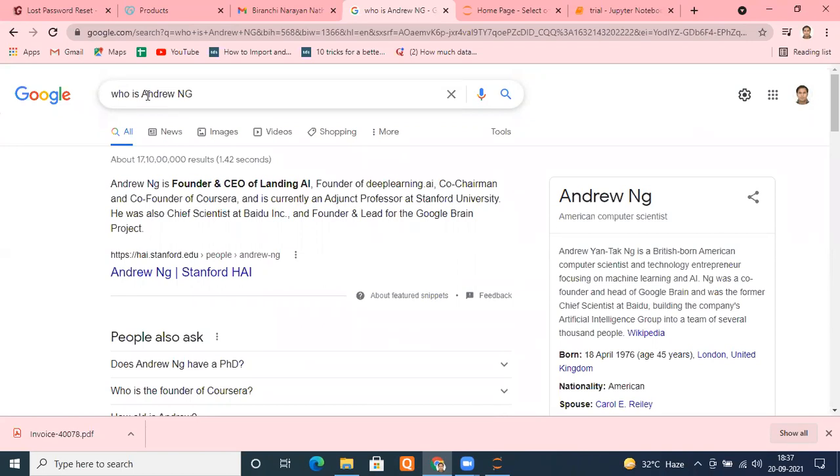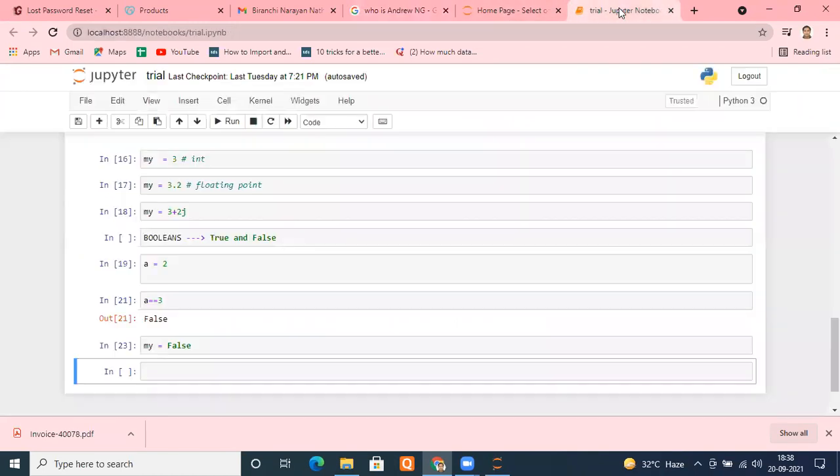Suppose I'm using Twitter sentiment analysis. Twitter regularly checks what kind of text you are writing there, whether you are writing in English, German or Hindi. They are using some software which deals with those strings that you have written, and according to that they are doing some kind of analysis. If you are going to work in natural language processing, topic modeling, sentiment analysis or product recommendation, anything where text is being used, especially in the NLP field, then definitely strings will not leave you behind. So string is very easy.